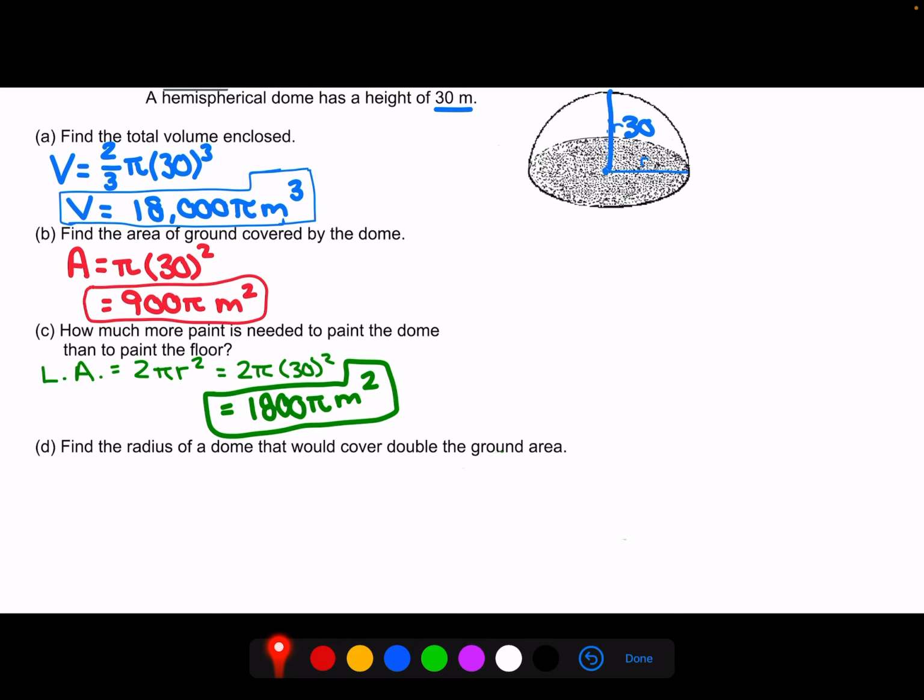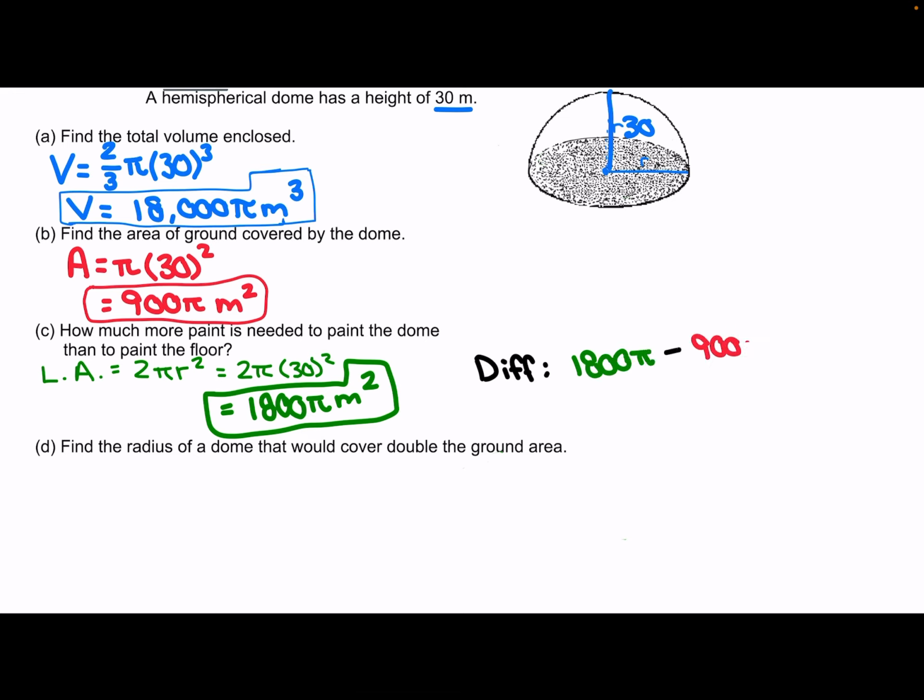Lastly, we want to find the radius of a dome that would double the ground area. Well, we know that the ground area was 900 pi meters squared. We want to double that. So therefore, I'm going to go ahead and set my volume equal to double 900 pi meters squared, or set it equal to